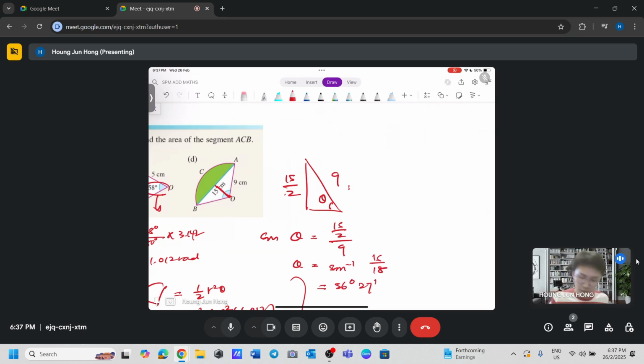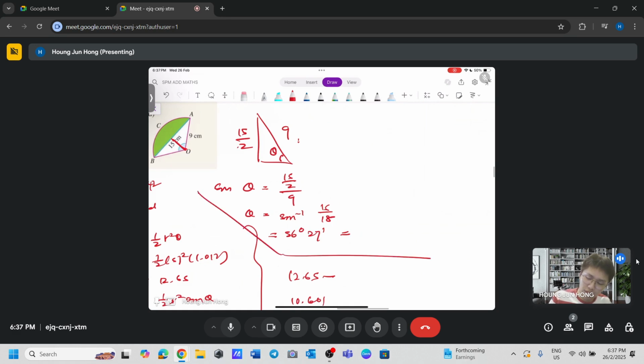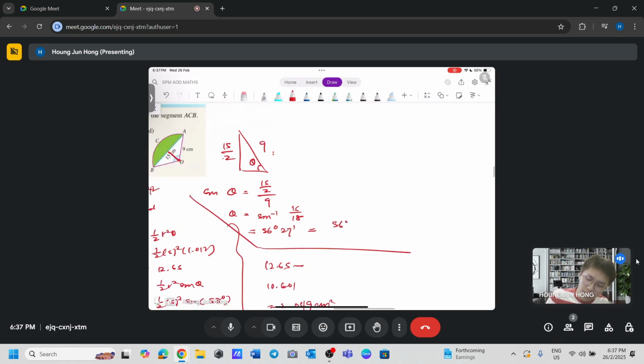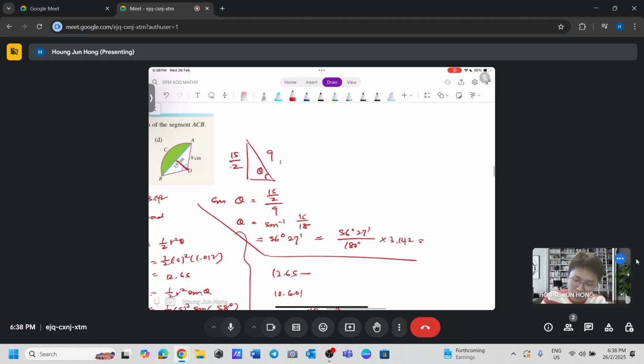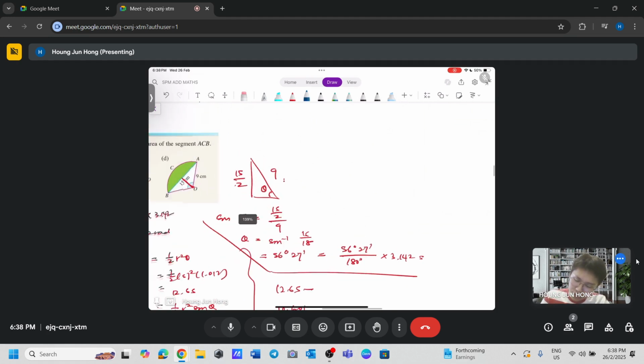And again, as always, we have to convert it to radian. Always convert it to radian. So if you convert it to radian, over 180 times 3.142, you then would get... oops, sorry, before that you should, yes, don't forget. Okay, you can convert to radian also, it doesn't matter, because actually, just to remind you,